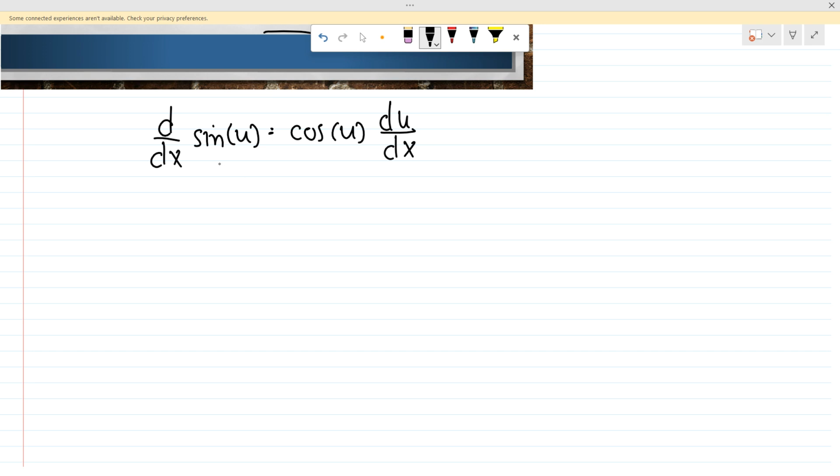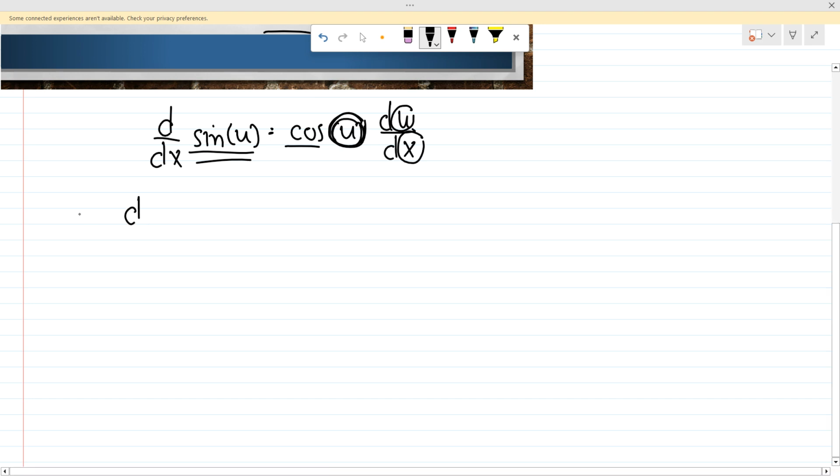So basically guys, if you have a function po ng ating sine, so you will just copy po yung ating u po natin or yung ating pinaka-angle. So ano nga po ang derivative ng sine? That would be cosine. So copy po yung ating angle, then i-derivative mo po yung ating angle with respect to x. Okay, so our first example po would be, example number 1, d over